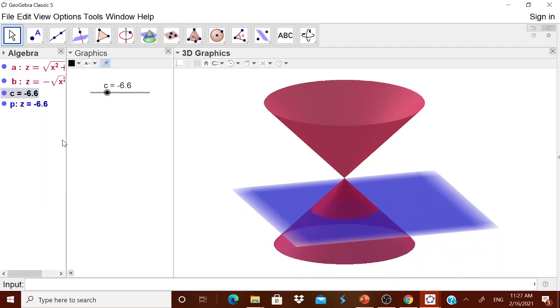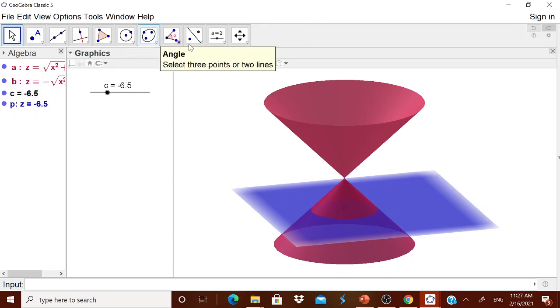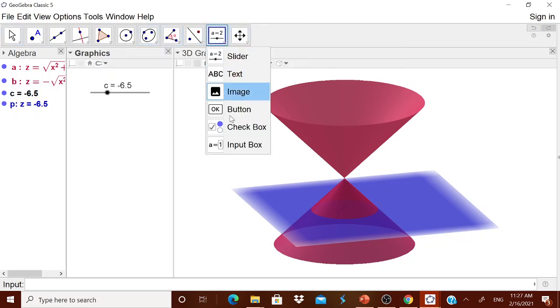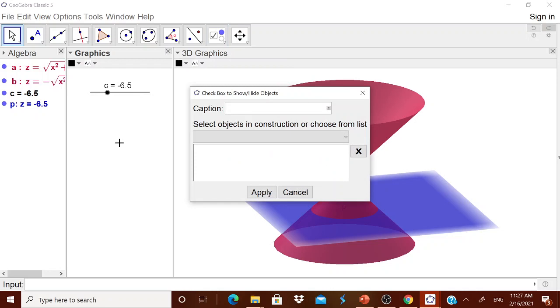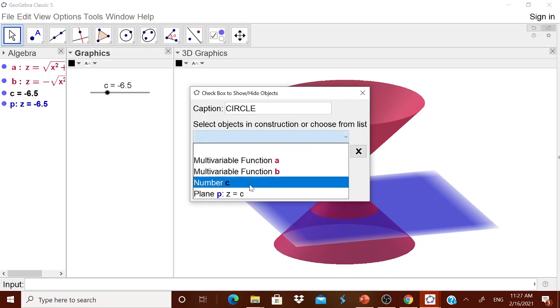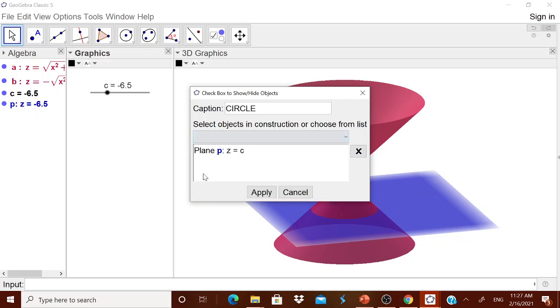Now I want to show only the circle to the children. For that you can go for a checkbox. First the checkbox, then the OK box. Then we will go for the circle, which R should come over here? Now the plane, therefore Z is equal to C. That should not be shown to the children.